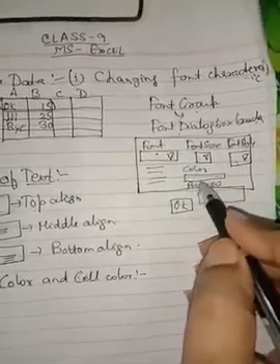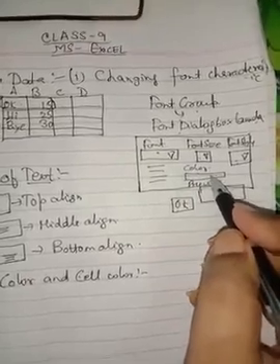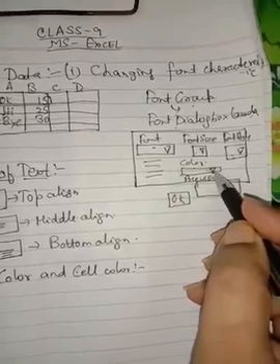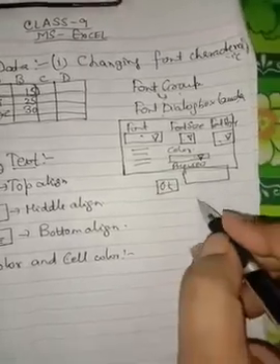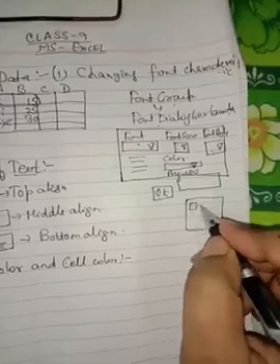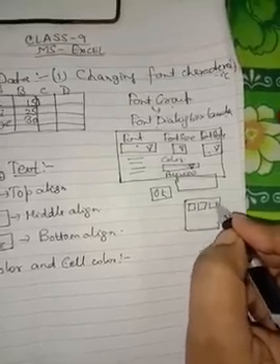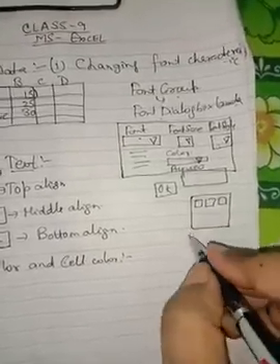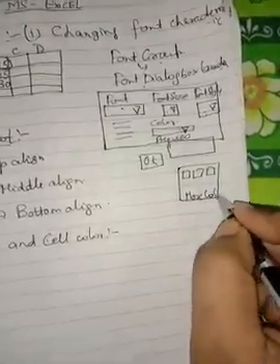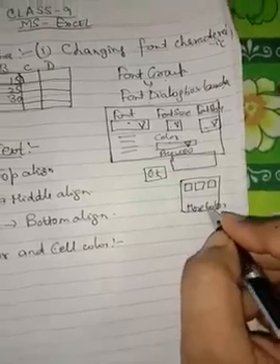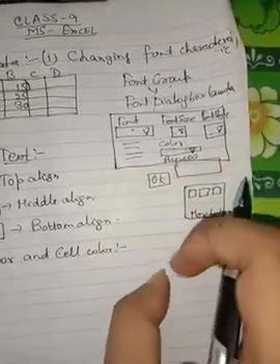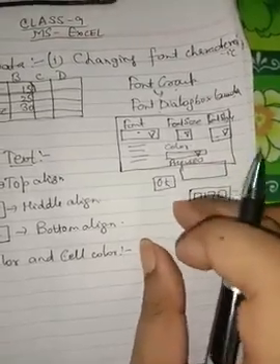You can select any of the color options from here, or if you don't want any of the color options from here, click on the drop down arrow over here. A window of this type will appear where different color boxes will be available, and below this will be written more colors, the option of more colors. And as soon as you click on more colors, several varieties of color boxes will be available, and you can select any of the colors from that.